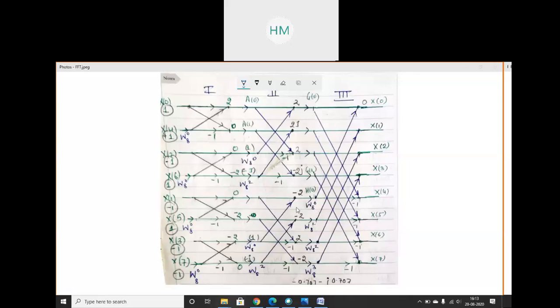Minus root 2 plus j, you can take out common, root 2 plus 2. This is the right answer. Avantika has simplified correctly. Answer is right. Just you need to follow step by step calculation. You will get the right answer. Next, x of 2. Any doubt? Anyone is having any doubt?